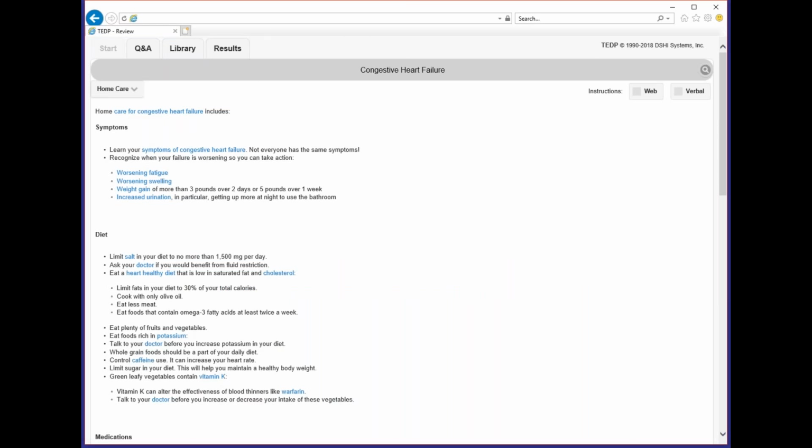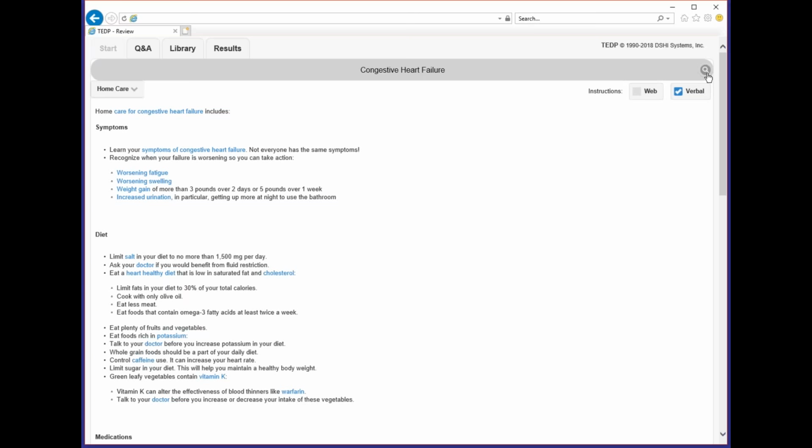Now I would like to document that I provided this information to the caller. To document, select verbal. I can now move on to my next topic that I would like to discuss with the caller. If he's inquiring about a second piece of information, such as type 1 diabetes diet,